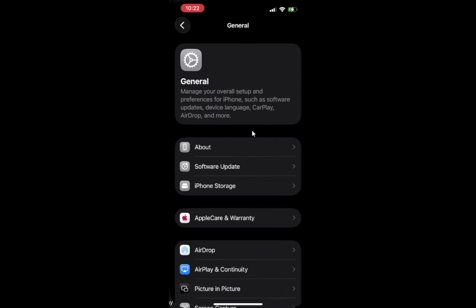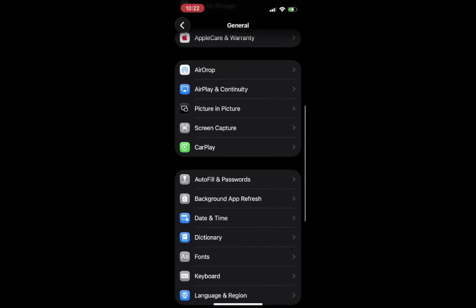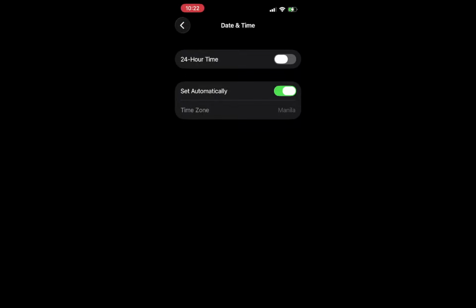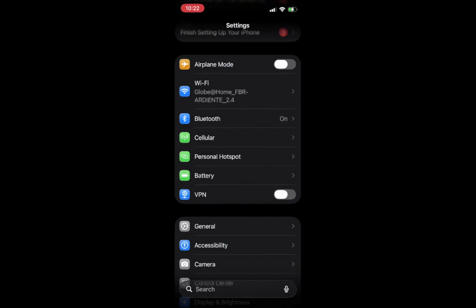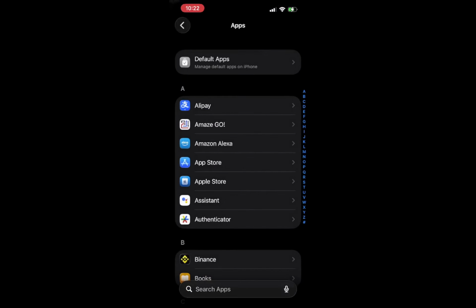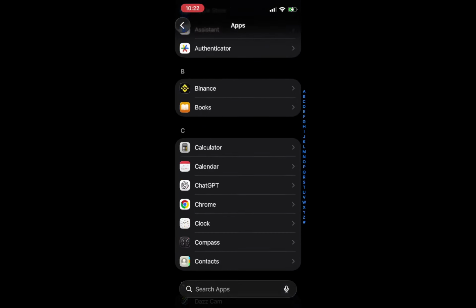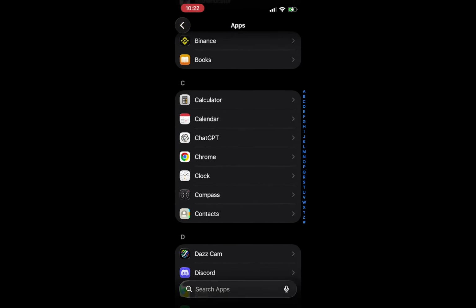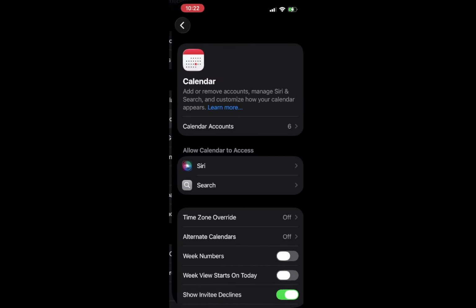Next, we need to check your calendar sync settings. Open Settings again and navigate to Apps, then tap on Calendar and select Sync. In this section, choose the option for all events. Some users have found that changing this setting, even temporarily, can resolve missing events. This little adjustment can save you a lot of time later by ensuring all your events sync properly.